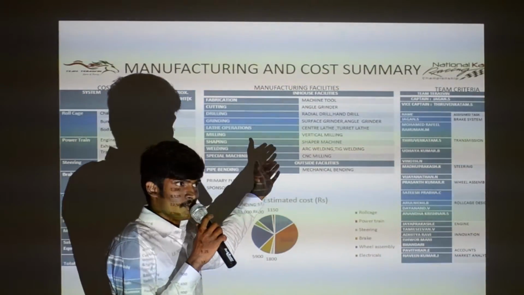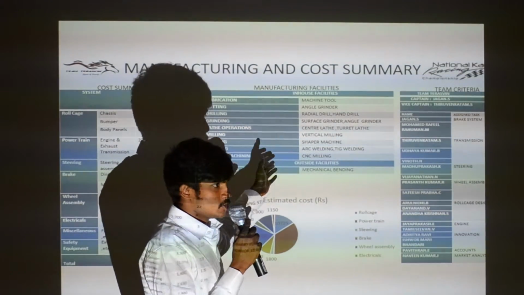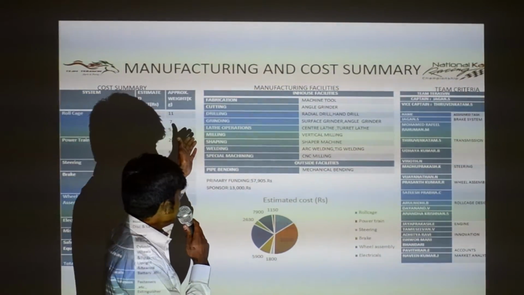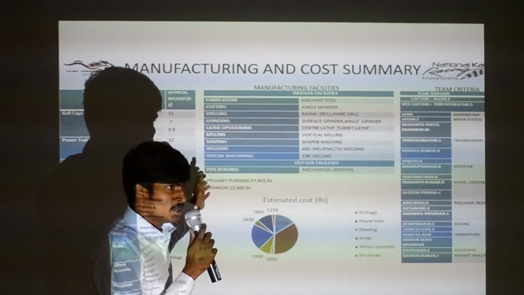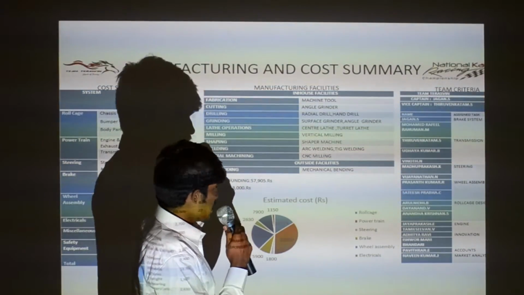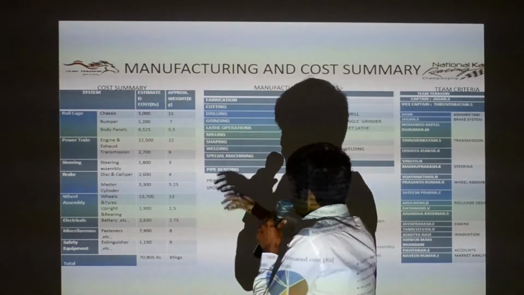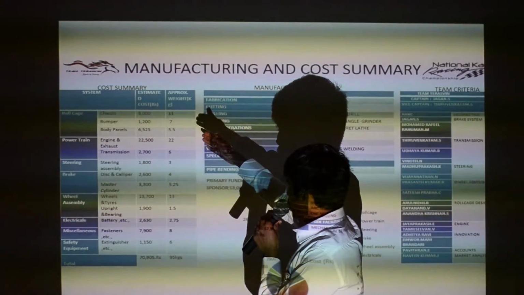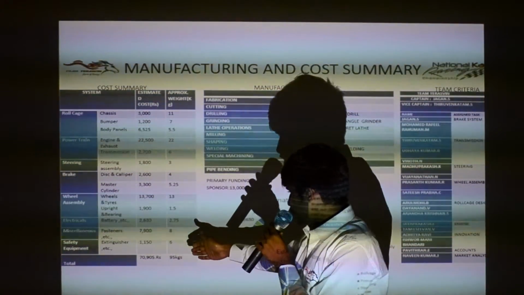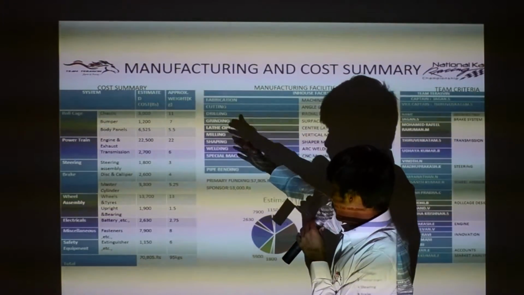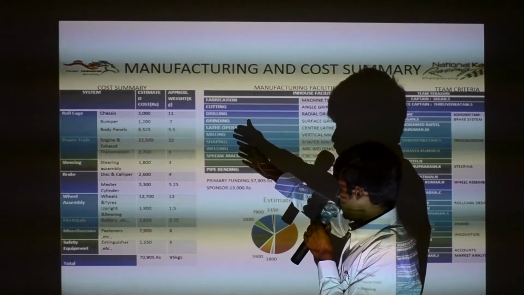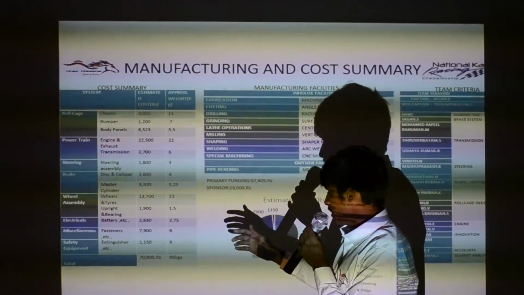In our college, we have many manufacturing facilities to perform operations like cutting, drilling, grinding, milling, shaping and welding. And we went outside for pipe bending and wire cutting for jigs. This is our cost report, and we have estimated the cost for each component, and the overall cost of the vehicle is 70,905 rupees. And we also estimated the approximate weight for each component, and the overall weight of the